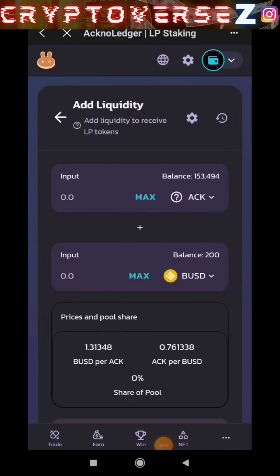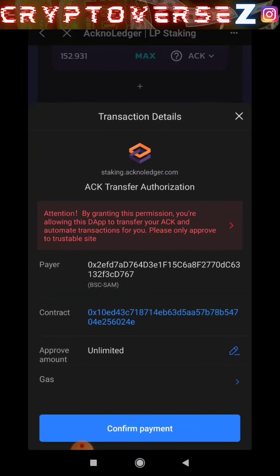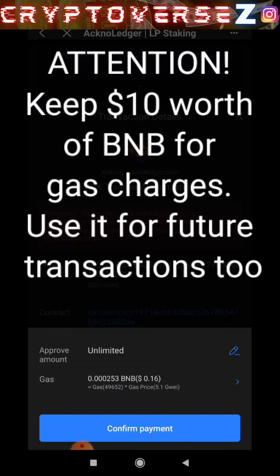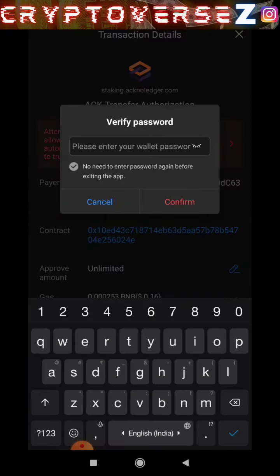Right, now against ACK I am going to add all of it, so let's click on maximum. So you see we have 152 ACK. I need 200 BUSD. I will click on enable ACK and I will confirm the payment. And again you can see I am paying a gas fee in the form of BNB. Always remember, you need BNB as your gas fee. Confirm payment,